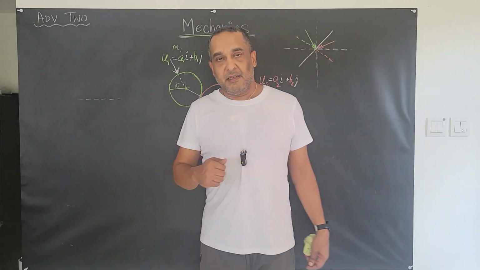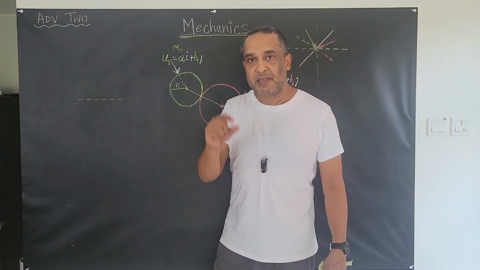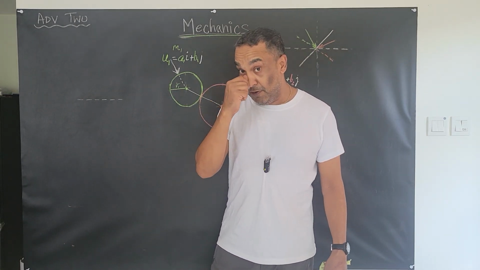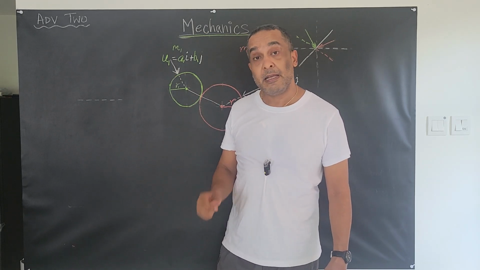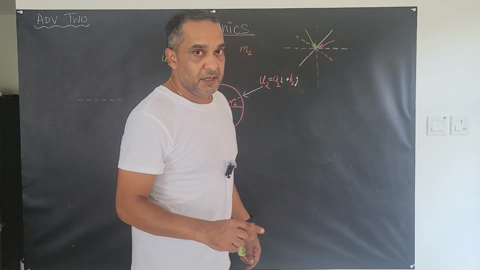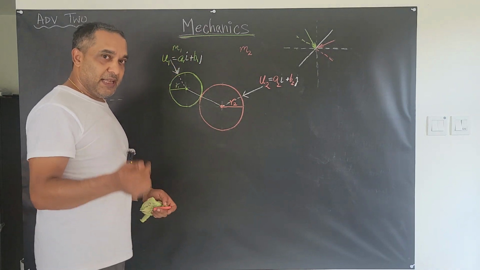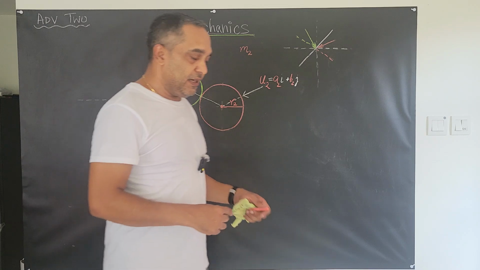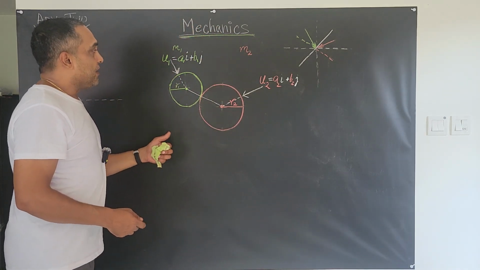I'm going to get back into the advanced areas, and really this is because this topic is only tested at the A levels. There is no testing of this topic at AS or any of the earlier levels, so I figured I'd put it here. And that is the oblique collision of two spheres, right? I briefly touched upon that. I've talked about collisions and inelastic collisions in the core playlist, but